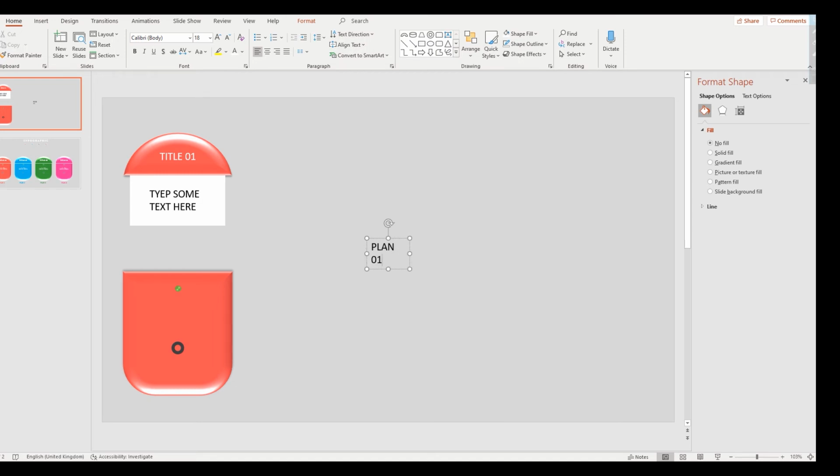Another text box, make it color, make it center, position okay.